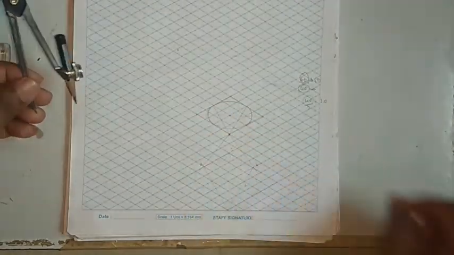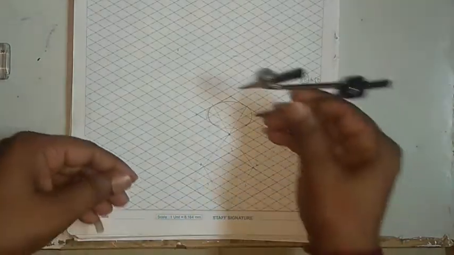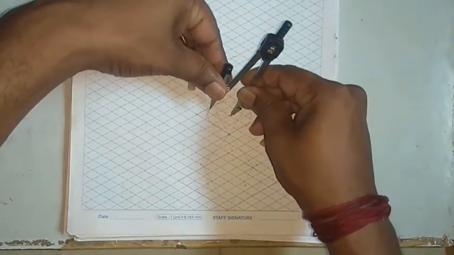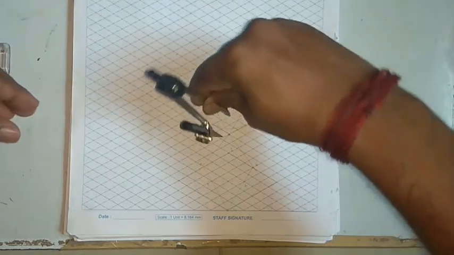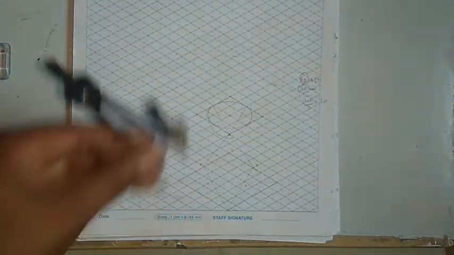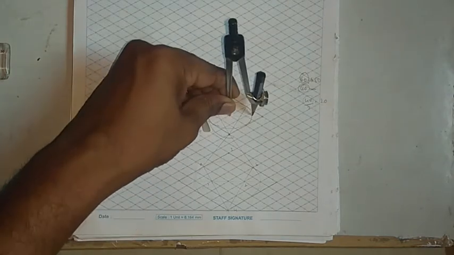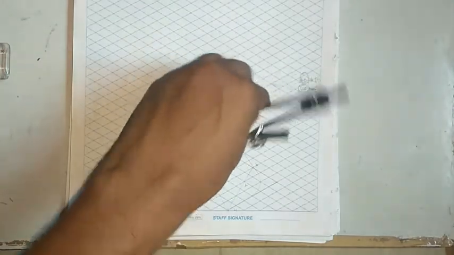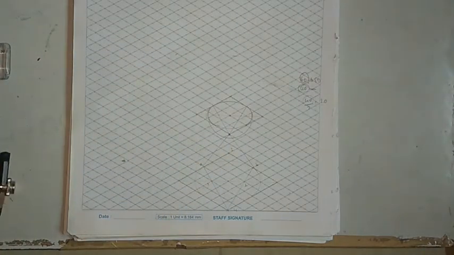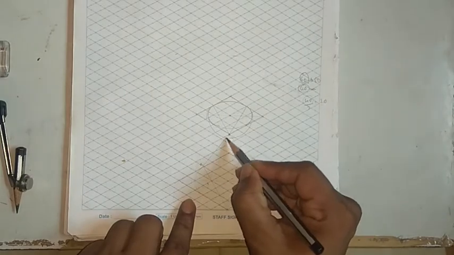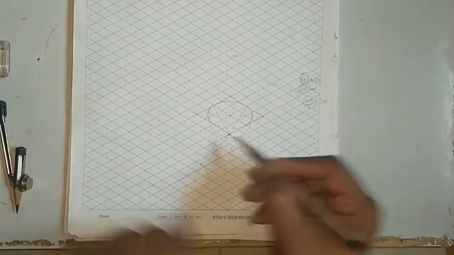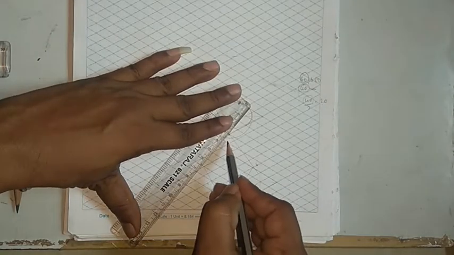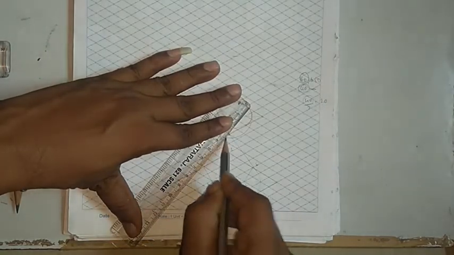Now we have to do the bottom one. The bottom one is from the center, from the curve, that is a tangent to the curve. You just drop one arc, like this. Now this part of the cone is not visible because it is overlapping with the hemisphere. So just darken a line from the tip of the hemisphere downward.